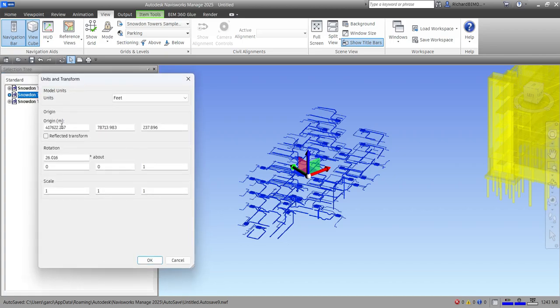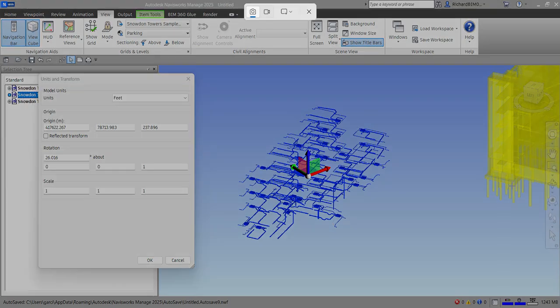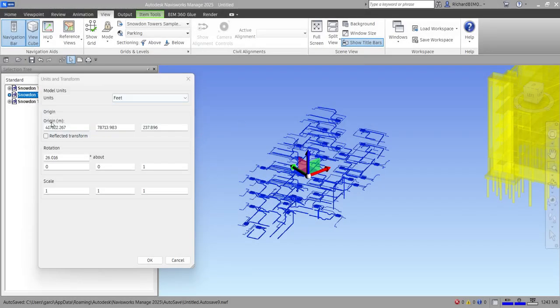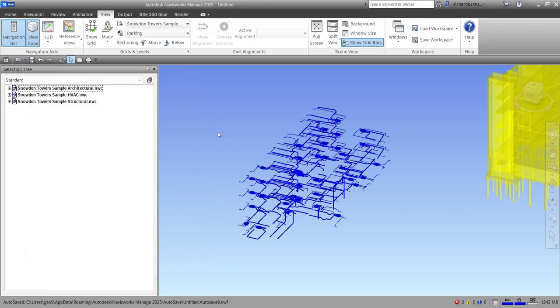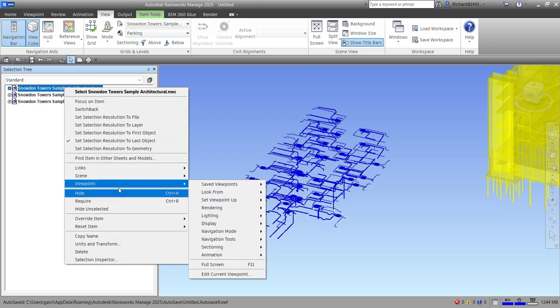Click that one, and then you will see this origin here. This origin in meters. Okay? Right? So what you do is maybe just take a screenshot of this. So I will use the snipping tool and then I'll just get that one. Okay? And then I'll close it. So now that I know the origin of my HVAC, I can now apply that to my architecture and structural. So how? Just right click the architectural and then let's go to